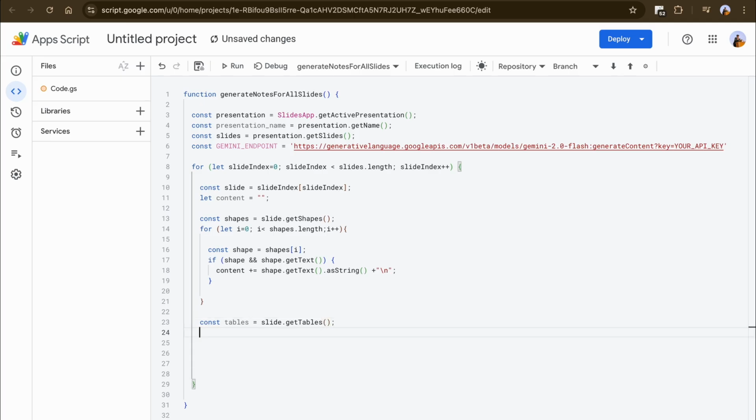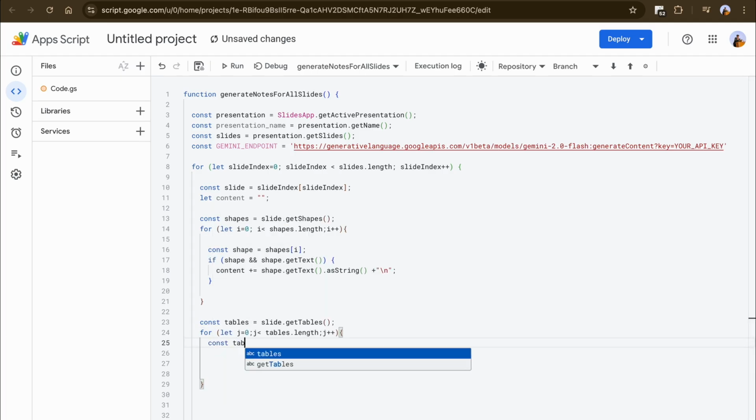And once I have that, I'll create a for loop. Now there could be multiple tables again, so I'll do let j = 0, and since I need to access each row and each column, j has to be less than the tables.length, and then j will again go plus plus, I mean 2 pluses, and after which I'll get table equal to tables